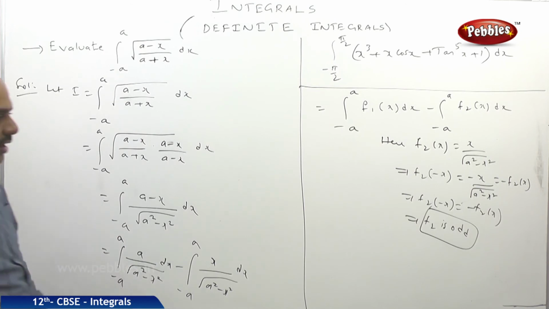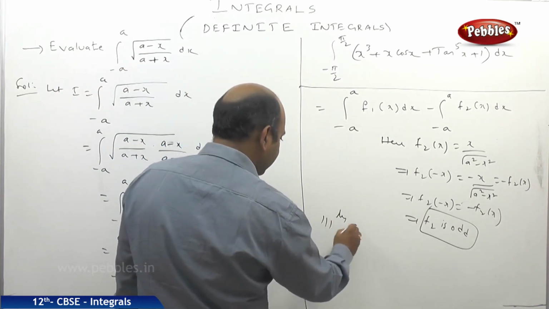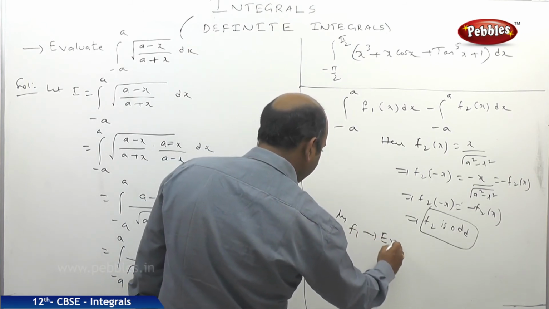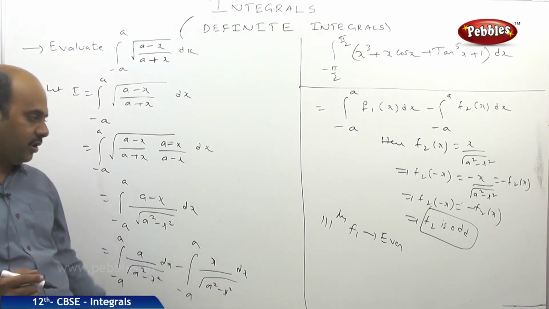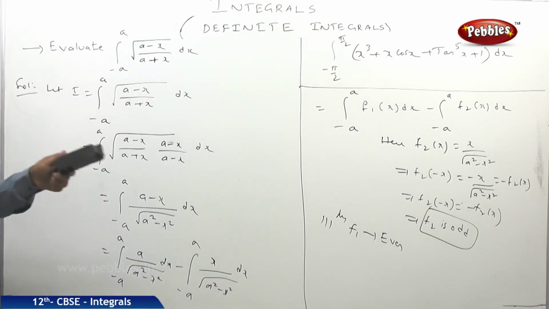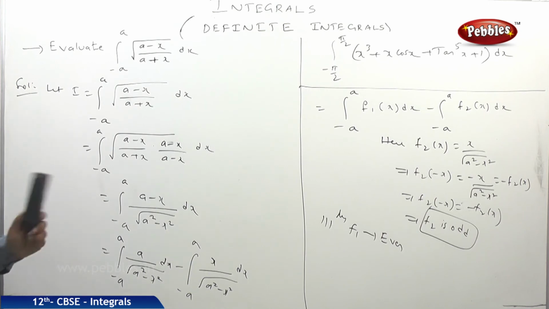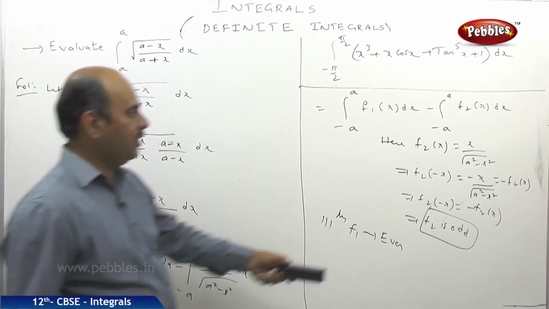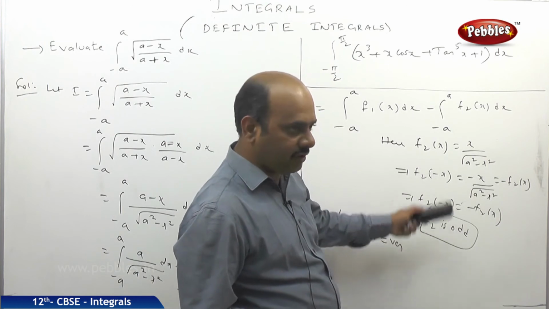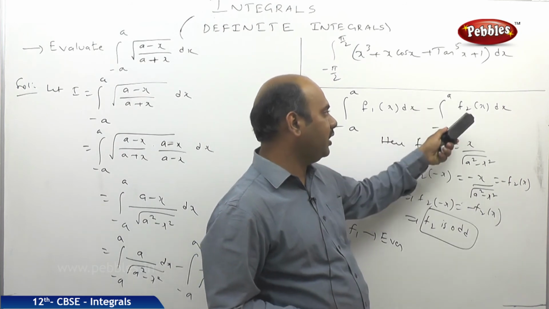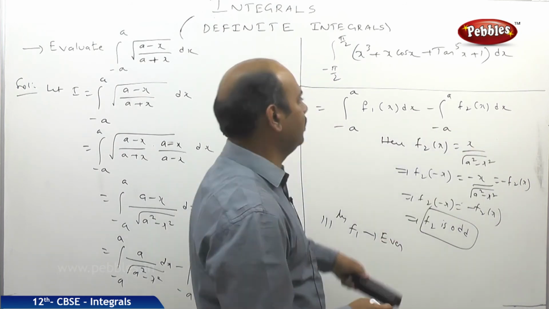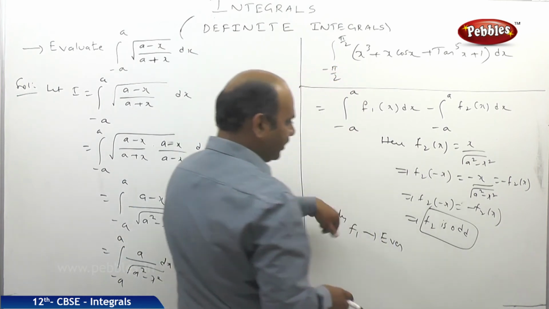Similarly, if you observe carefully, what can I tell? f1 is an even function, because in place of x, if I substitute minus x, I am getting f1 of minus x is equal to f1 of x. So f2 of x is an odd function and f1 is an even function. So definitely I can apply the known property. Since f2 is an odd function, integral of minus a to a f2 of x dx will become equal to 0. So here I am erasing, just please copy.